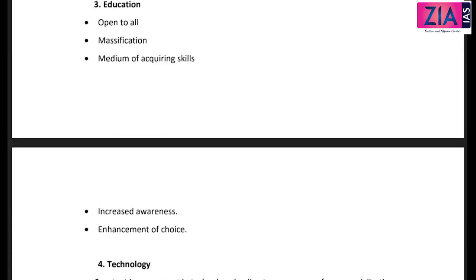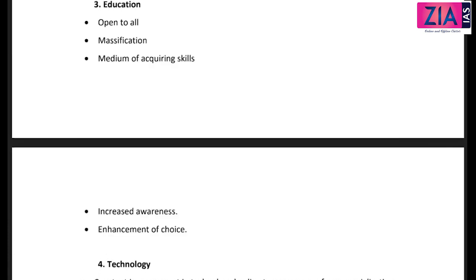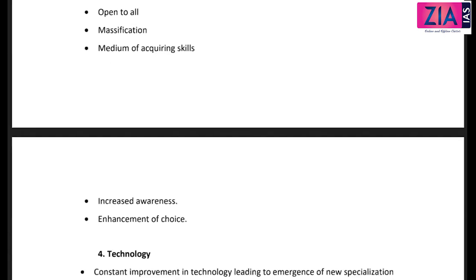If you start at this time, then you may clear prelims. Still, I will say you may clear prelims. Now if you're not preparing, forget about clearing prelims. I've seen many people say, I'll prepare for mains till February-March, I'll complete sociology, I'll complete ethics, and I'll score 300 plus in sociology and 150 plus in ethics. All these you can do, guys, but only after clearing the prelims. If you're not clearing the prelims, there is no point in doing all these things. So that's very important.